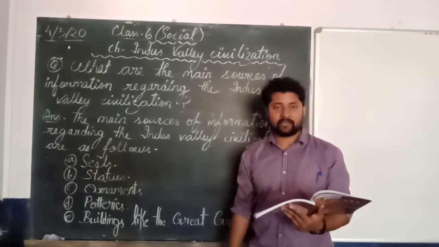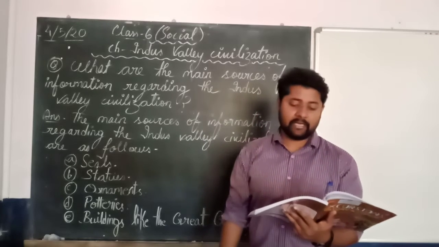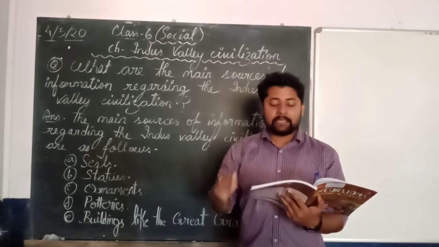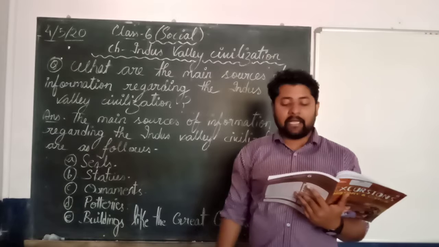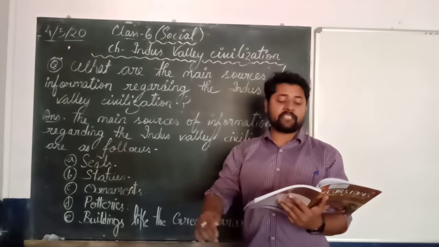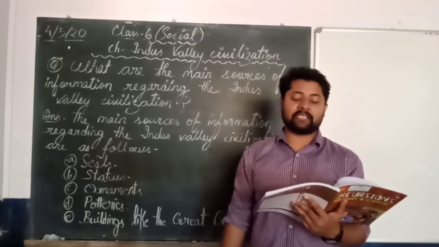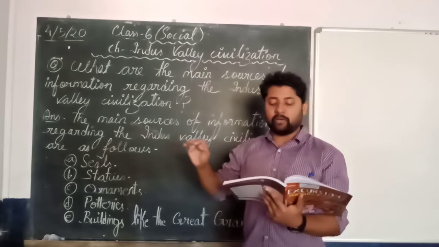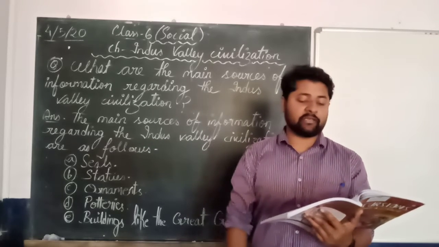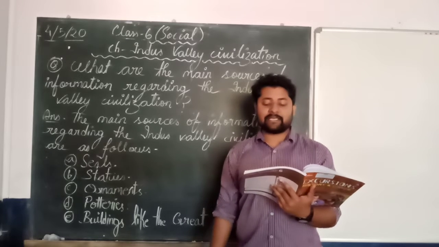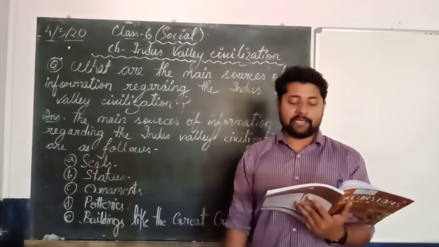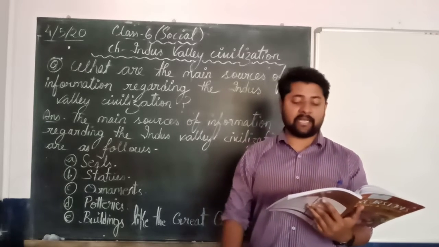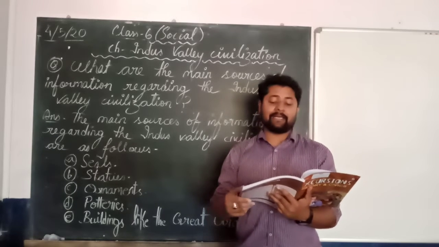Now it's all about streets. What kind of streets did they have? The main streets of Mohenjo-daro followed the grid system. Grid system means interconnected. They ran straight either from east to west or north to south and cut each other at right angles. They had round corners to enable heavy carts to take an easy turn. Ruins of lamp posts suggest that there were street lights. Dustbins were provided at regular intervals to keep the roads clean. It seems that houses, drains and streets were planned and built at the same time.